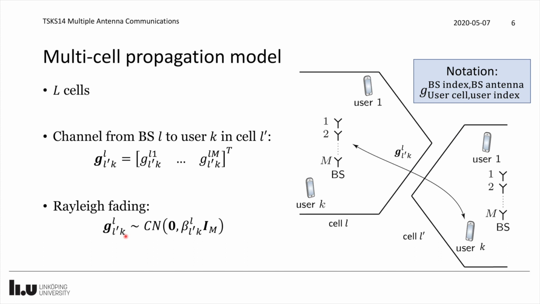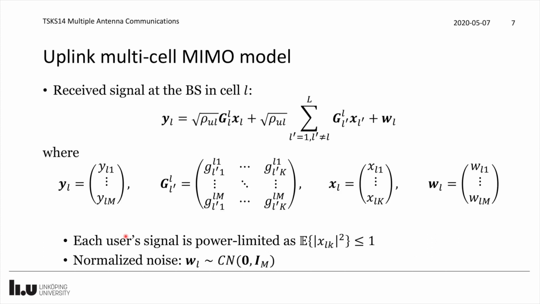We just need more superscripts and subscripts to describe everything here. So please bear with me in this lecture. We are going to have a large number of additional indices, but the structure will be the same. So if we talk about the uplink now and look at this multi-cell MIMO system, the received signal that we